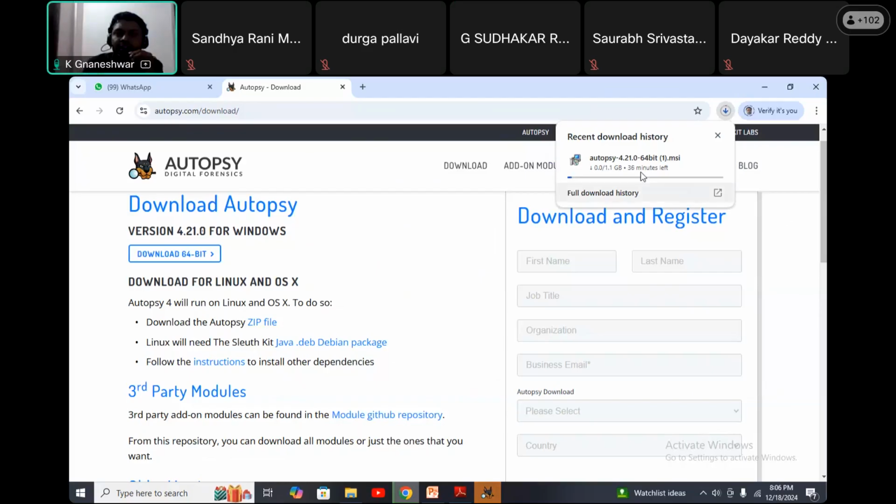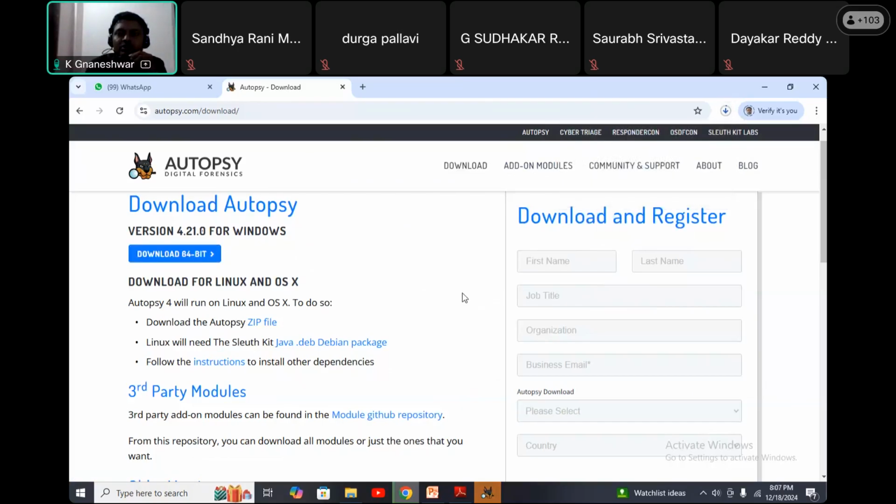Here it is downloading, but it will take some time. So here I already downloaded, just for showing purposes I am saying here. Once it is downloaded, it is totally completed. Then set up that file. Simply double click on that downloaded file, click on the next option, and automatically it will be downloaded. Now directly open that tool here.